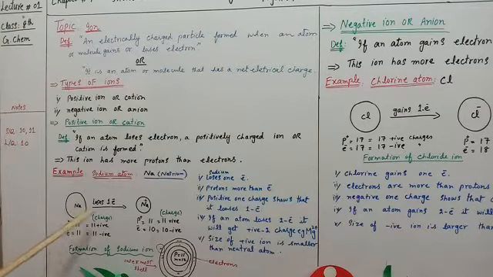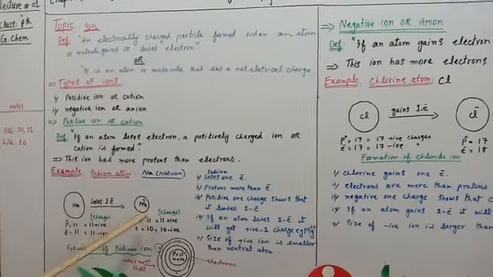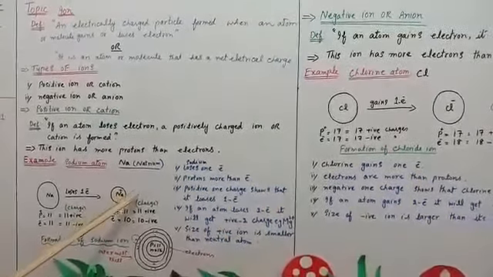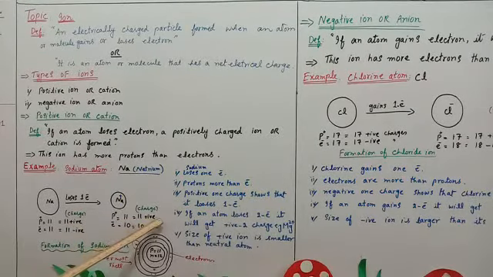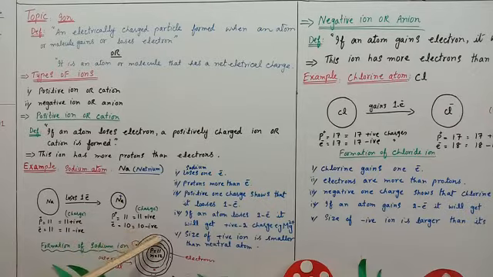a neutral particle. Now consider this positive ion, the sodium positive ion. Protons: 11 protons, 11 positive charges. It loses one electron. It already has 11 electrons, now it has 10 electrons, 10 negative charges. So positive charges are more than negative charges. So it carries positive 1 charge because it loses 1 electron.